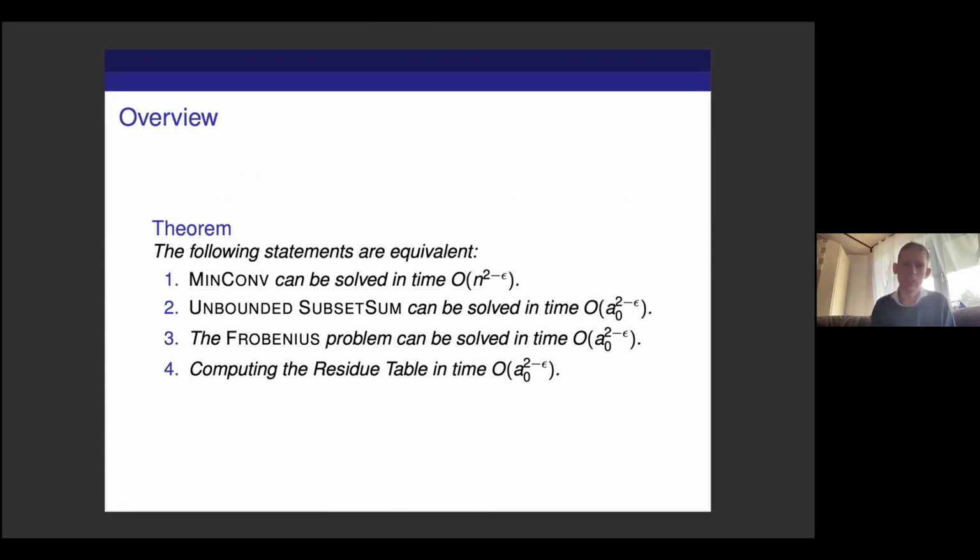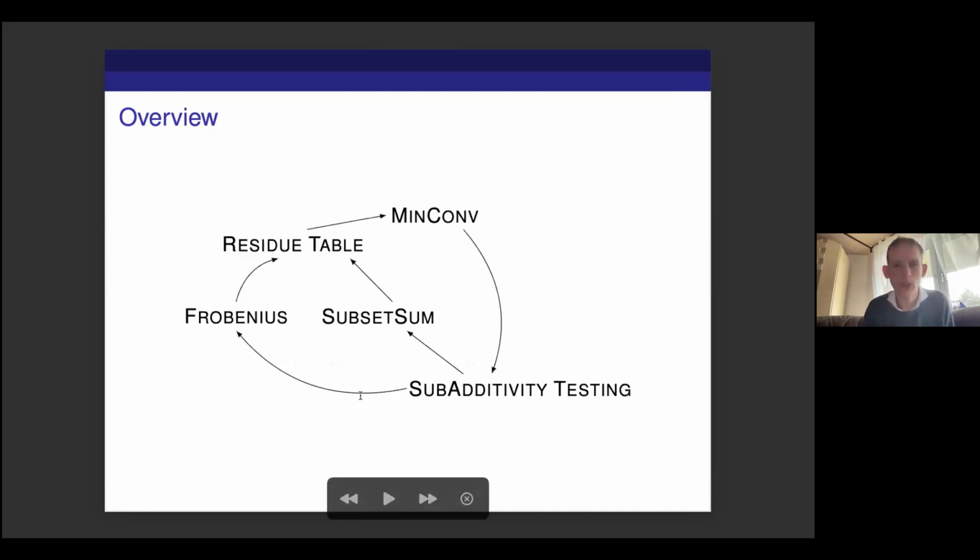Okay, so to give you an overview of what I proved in general: all problems are really equivalent. So min plus convolution can be solved in subquadratic time if and only if each of the other problems can be solved in subquadratic time. So essentially what I've shown you so far is the direction on how to solve the residue table by using min plus convolution. And these arrows are trivial because they are contained